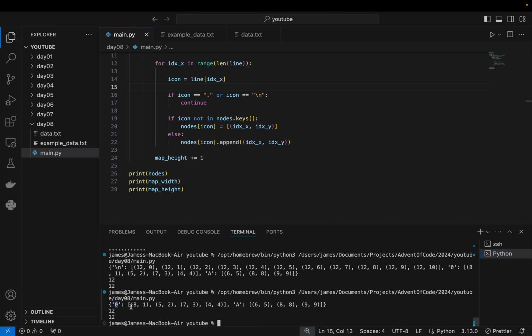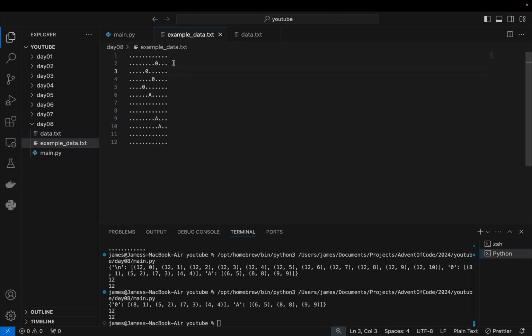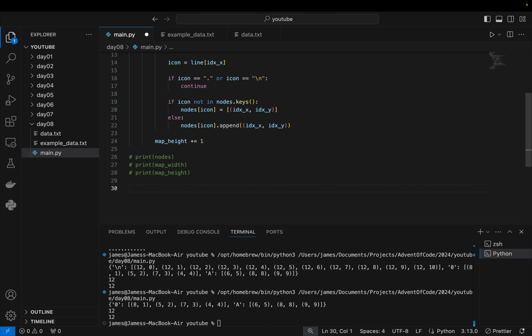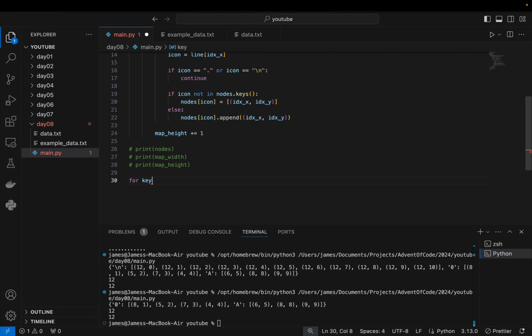So we've got these O's, and there's 4 of them, and the A's, and there's 3 of them, and it's a 12 by 12. And we can see here, that's everything we have here. So now we don't need to print those. We want to say for these nodes, or for the keys in the key set,